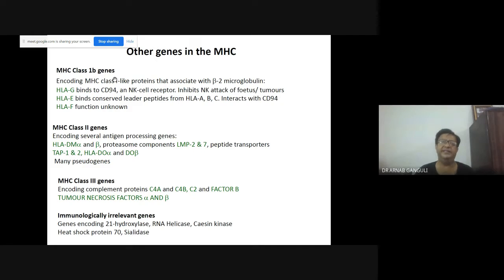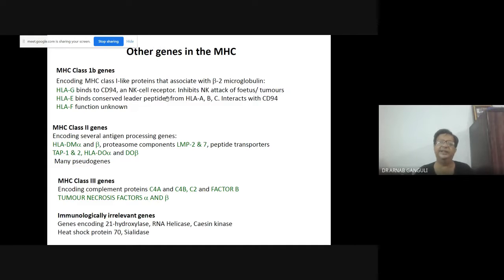MHC class 1B genes. They encode MHC class 1 like proteins that associate with beta 2 microglobulin. HLA-G binds to CD94. It is a natural killer cell receptor. It inhibits NK attack of fetus and tumors. নতুন ফিটাস হয়েছে, বাচ্চা হয়েছে বা বাচ্চার জাস্ট একটা ইমপ্লান্ট করেছে, মাই তো মেরে দেবে বাচ্চাকে, কিন্তু এটা এনকে সেলকে আটকে দেয়, যাতে বাচ্চাটাকে মেরে না দেয়।